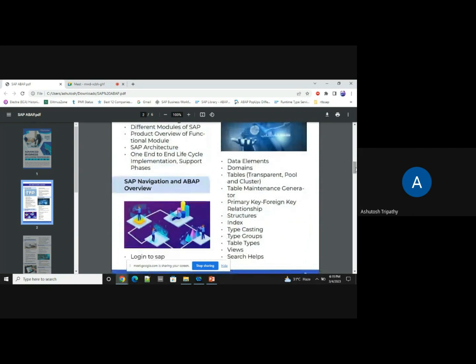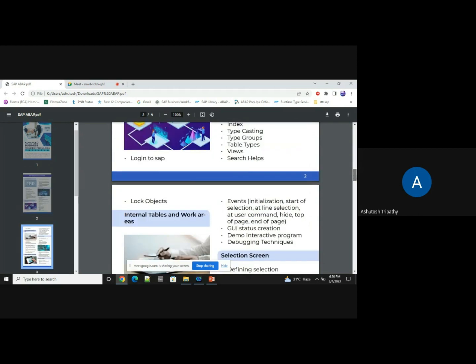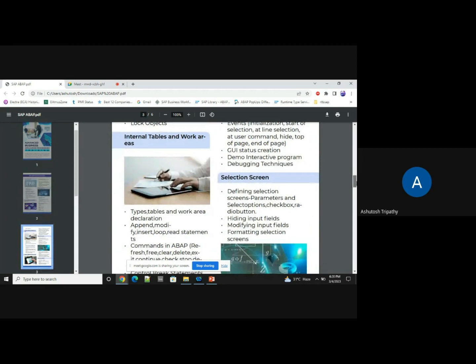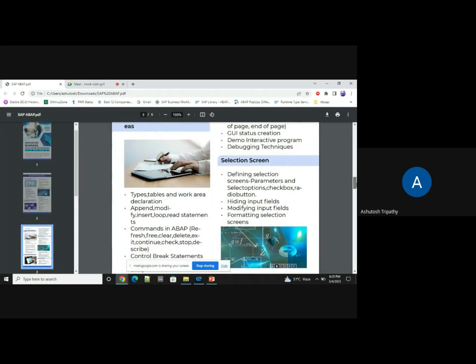Then there are, as I said, SAP ABAP is not only a language to validate backend, it also has the capabilities to design the screen. So in order to design the screen, in normal other languages we have this HTML support or CSS support, but in SAP, there are a few commands, and also there are a few ways we can achieve them. One of them is selection screen and